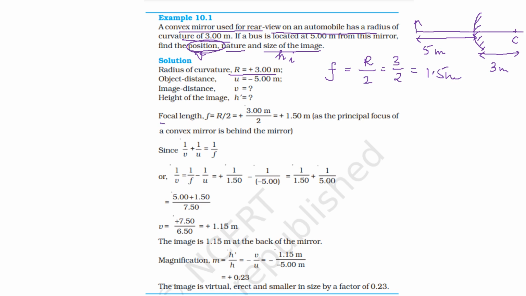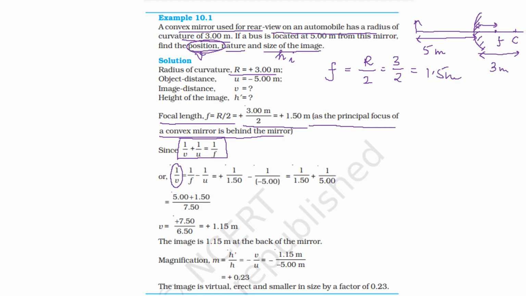That's how it is calculated, that focal length of the mirror will be 3 by 2, that is plus 1.50 meter, as the principal focus of a convex mirror is behind the mirror. Now its f will be somewhere here, so this will be a positive value. Isn't it? Okay. Now using the mirror formula, 1 by v plus 1 by u equals 1 by f. 1 by v we don't know, so 1 by v equals 1 by f minus 1 by u. Putting the values,